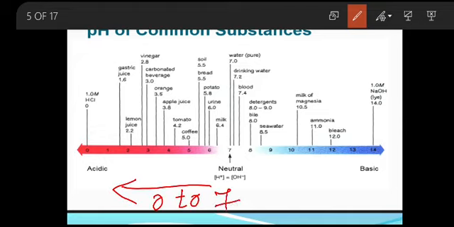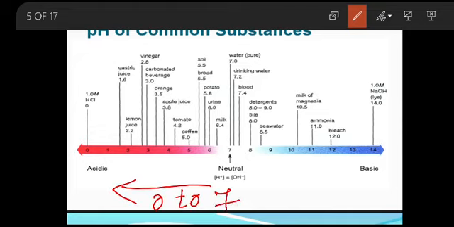That is why there are two classifications as pure water and drinking water. Understood, children? Okay. From this chart, did you get to know that your lemon juices, orange juices are acidic in nature? And the detergents, the soap which you use are bases. And the pure water is neither acidic nor base and it is just neutral solution. So now look at the image and try answering my questions.